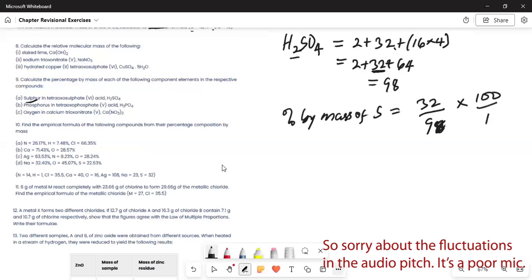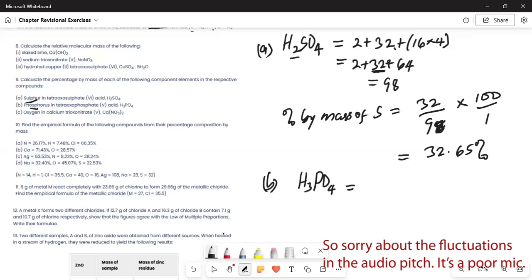32 divided by 98, 0.3265 multiplied by 100, that is 32.65. That is the percentage by mass of sulfur in H2SO4. That is question A. Now question B says percentage by mass of phosphorus in tetraoxophosphate 5, which is